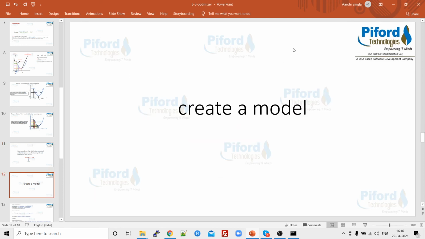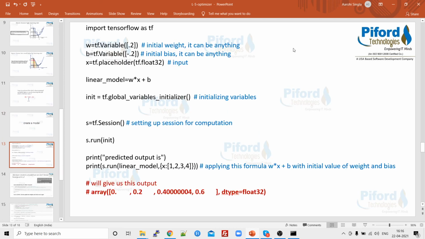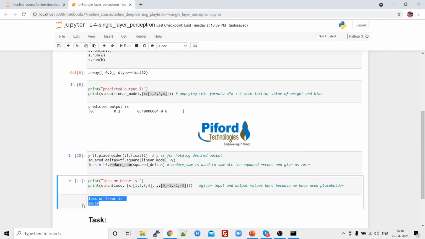And guys, now I'll show you a practical example. As I have shown you in our yesterday's class, we got this RMSE. So now our task is to reduce this error. I'll show you a practical example in which we will be using an optimizer. We will use a learning rate, update the weights, and try to reduce this error. I'll show you all this functionality in my next class. So thank you.